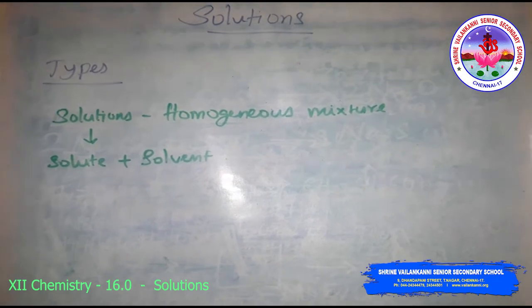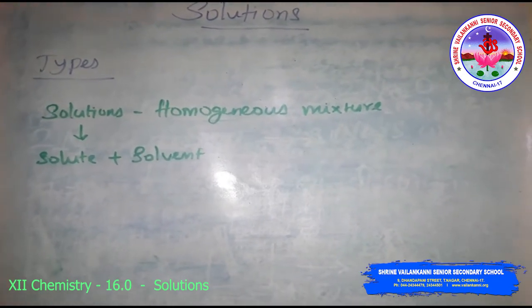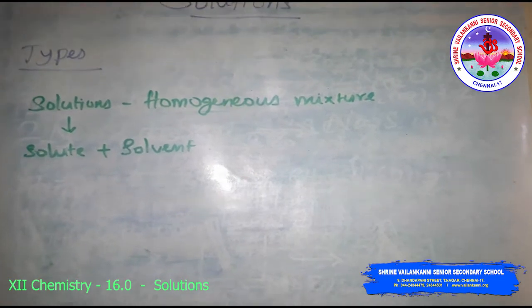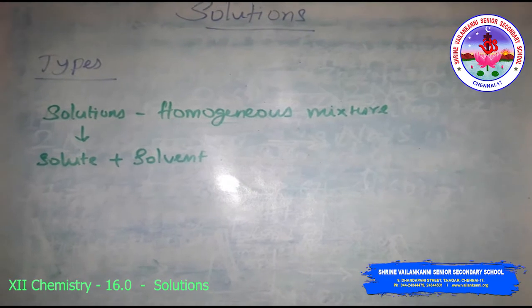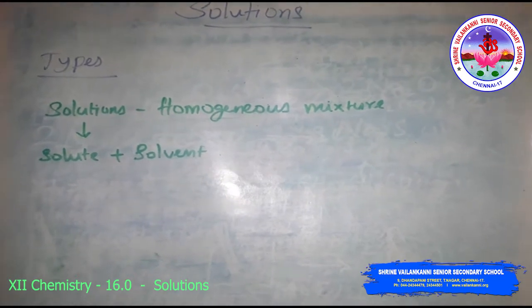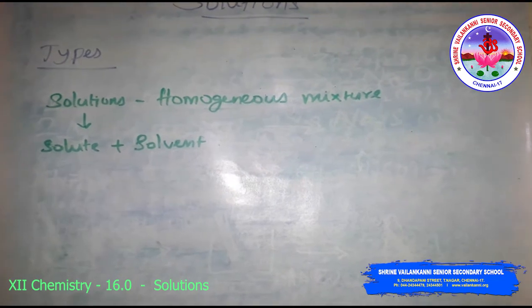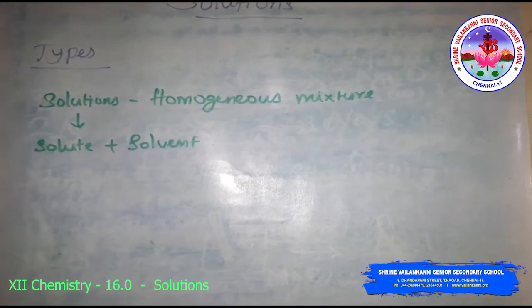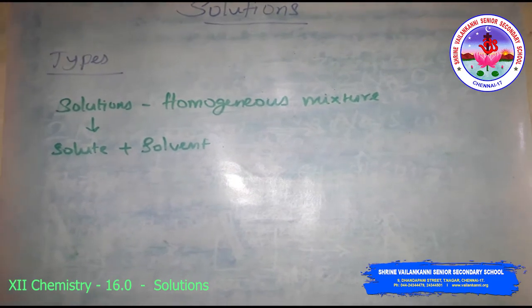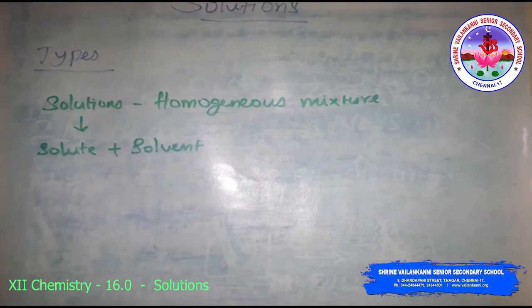Okay, now we'll see the simple techniques here. What is a solution? We are going to learn here only the binary solution. First, a solution is a homogeneous mixture of two or more than two components. By homogeneous mixture we mean that its composition and properties are uniform throughout the mixture. So generally in solutions, the